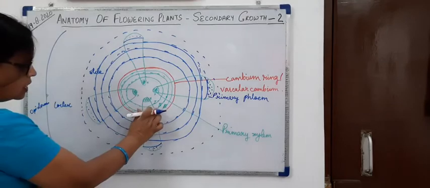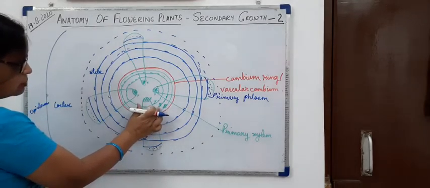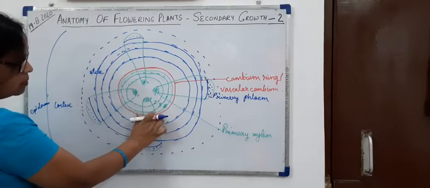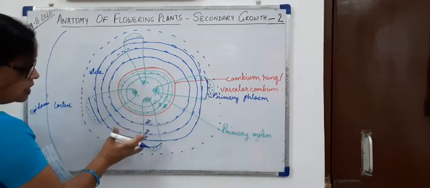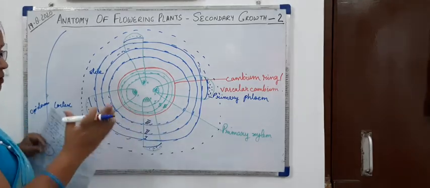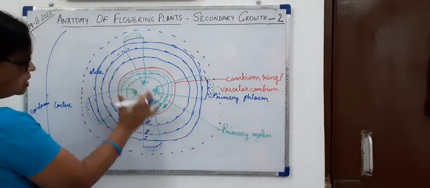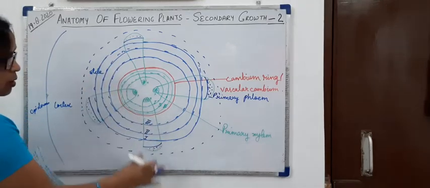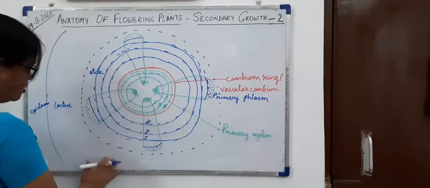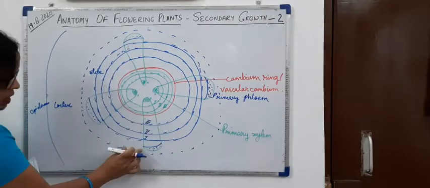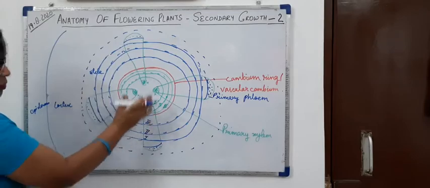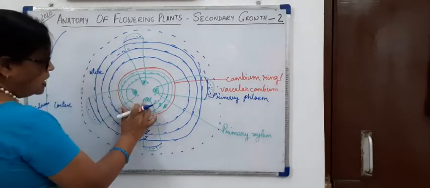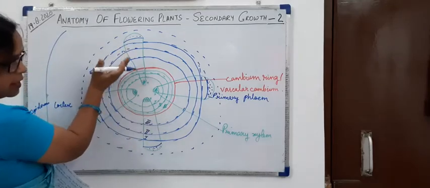So you can see third and third. Third ring of xylem, third ring of phloem are towards the cambium. And the older ones, they are going on being pushed away and away. Xylem rings are being pushed inside and inside, and phloem rings are being pushed outside and outside towards the periphery. And the primary phloem is pushed far away outside, and primary xylem is pushed far away inside.